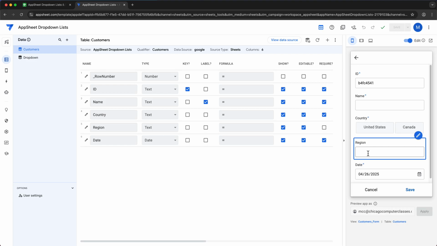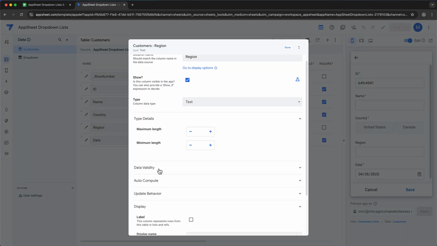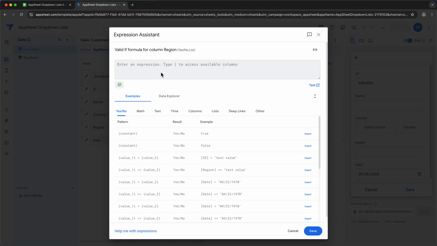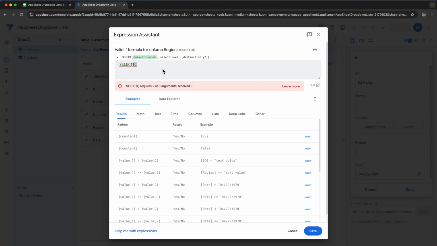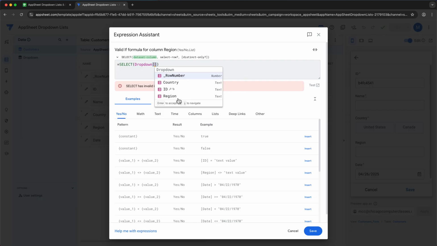So now we want region to be a dependent dropdown based on your choice here. Now the first one is going to stay the same. For region, we're going to click here and go to data validity, click here. And once again, we're going to choose that select function. Now this time, the list that's going to show up here is going to be the region column from the dropdown list. So we'll do dropdown and then region instead of country here,